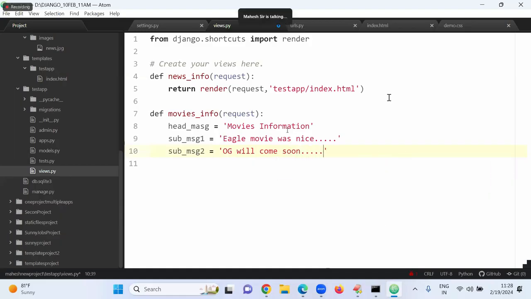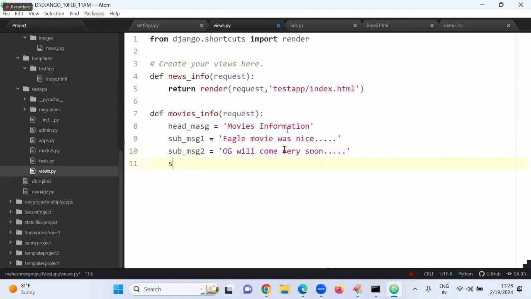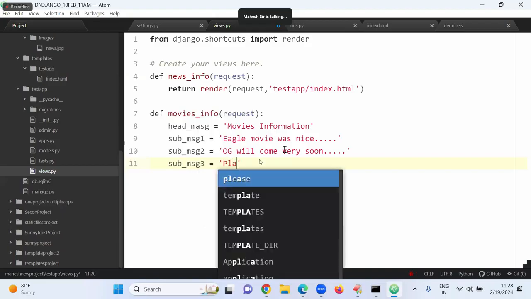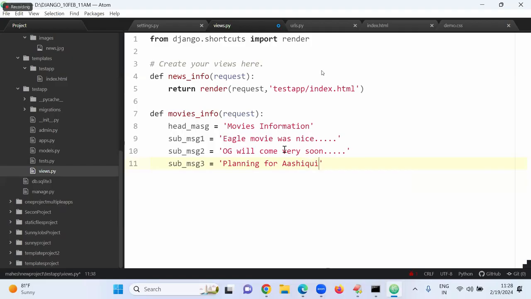Ozi will come very soon. Next, sub message 3. Devara. Planning for Ashiki 3. This is the upcoming movie we are planning because Ashiki 1 was a super hit. Ashiki 2 was even more of a super hit. Ashiki 3 is really